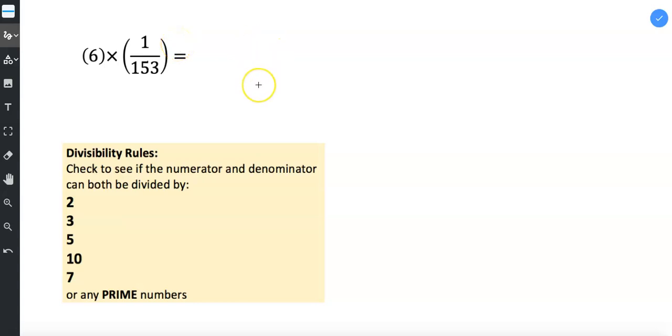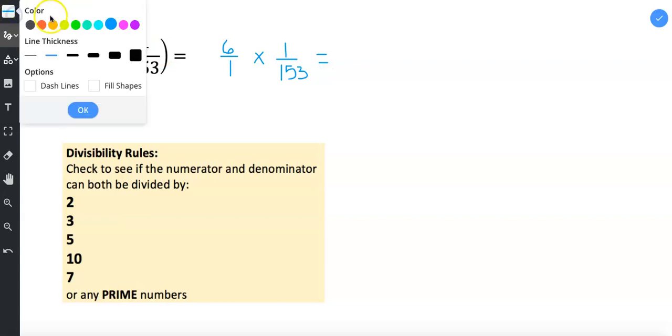In this video, we're going to practice multiplying an integer by a fraction, and then we're going to reduce using our divisibility rules. First, we need to take the integer, and we need to write it as a fraction since we're going to multiply it by a fraction. So you can just write 6 over 1 to write it as a fraction, because 6 divided by 1 is equal to 6. Then we're going to multiply across,